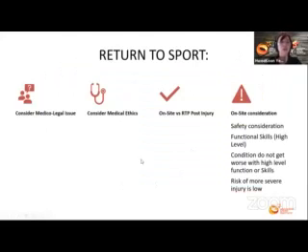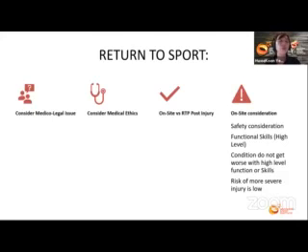Okay, returning to sports. When we talk about returning to sports, how safe are you to return to sports? How ready are you to return to sports? On a side note, for certain conditions, like concussion, head injury, or some other medical problems,